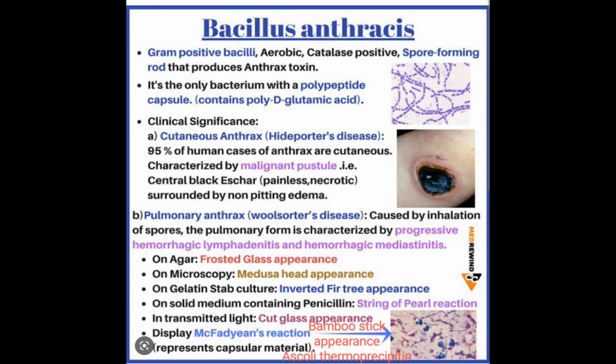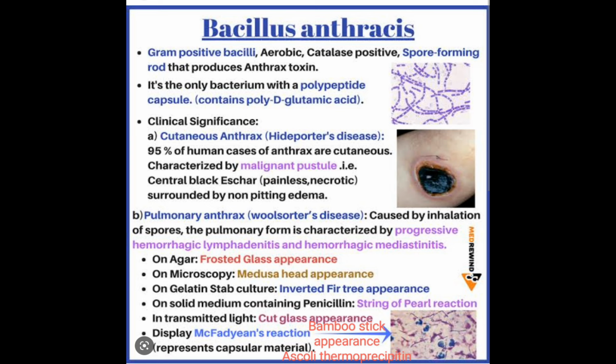Then in the gram positive, we have discussed cocci, and we have discussed branching filaments. Then in the gram positive we have bacilli, and in the bacilli we have aerobic and anaerobic. In the aerobic ones come Listeria, Bacillus, that is Bacillus anthracis, and Corynebacterium. In the anaerobic, we have Clostridia. Clostridia is anaerobic. So in the aerobic bacilli, in Bacillus anthracis, what type do we have?